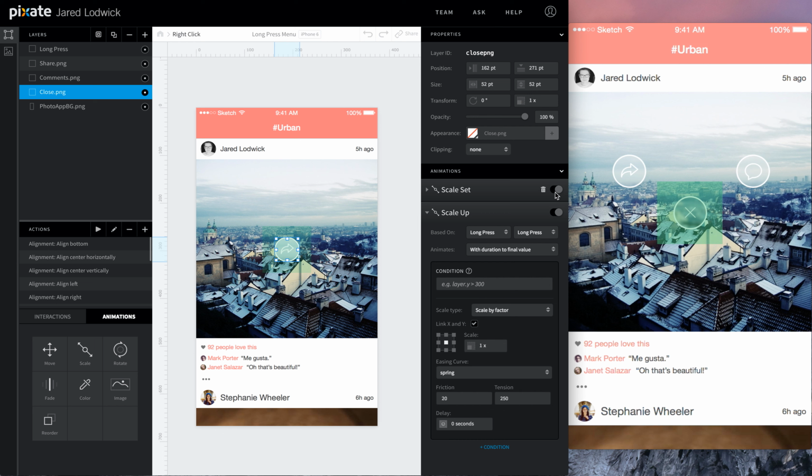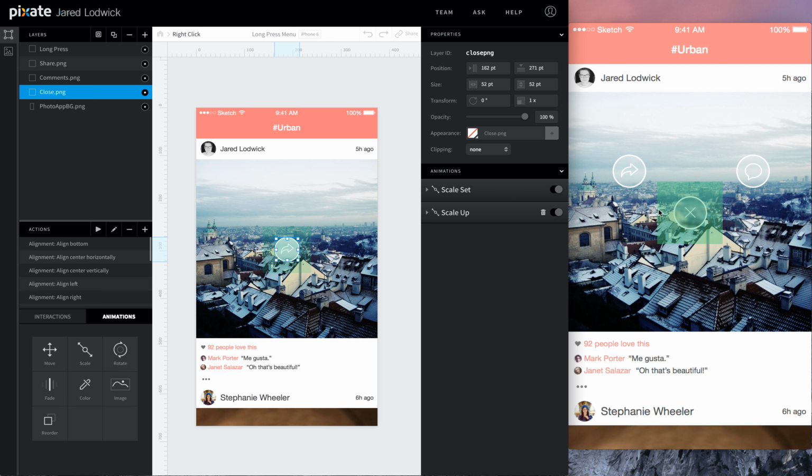Great. So then let's set the close, that way we can get rid of these. What we'll do is we're going to make it so that we can actually have these close after you drag your thumb over it, but just for now we're going to have this set so they close when you tap on the X. So we'll add another scale animation. We're just going to do the reverse of what we did. So scale, close, tap for this one, since we're going to have 2 different ways to close this.